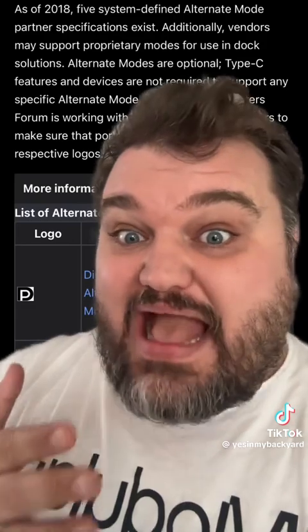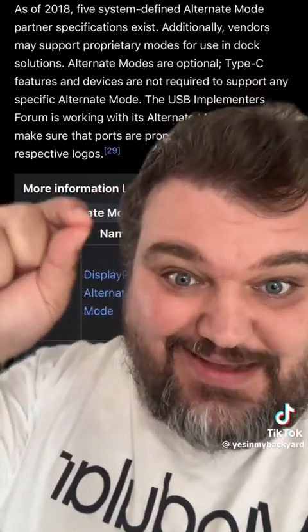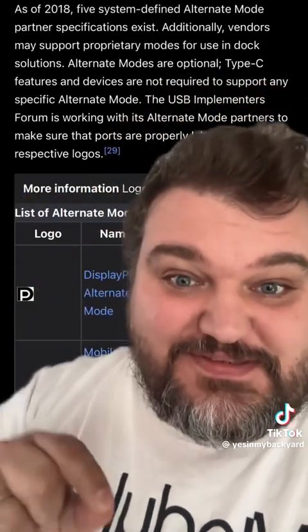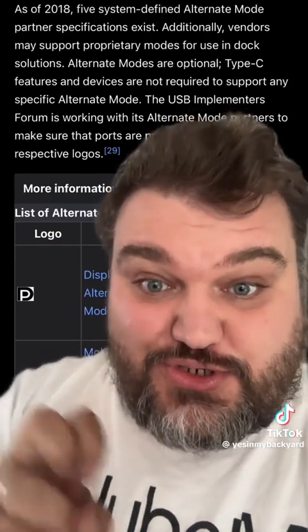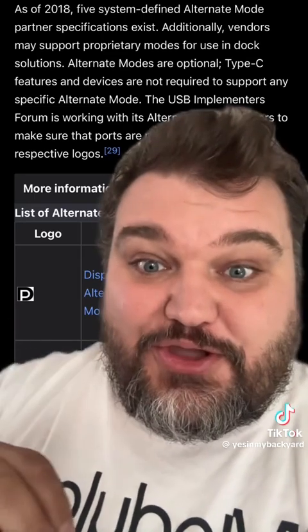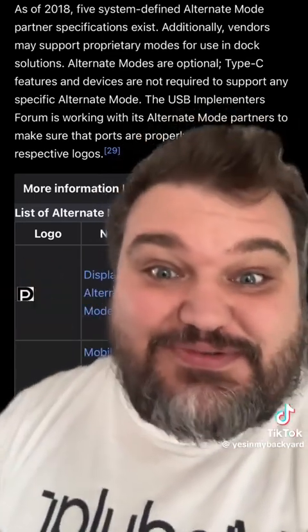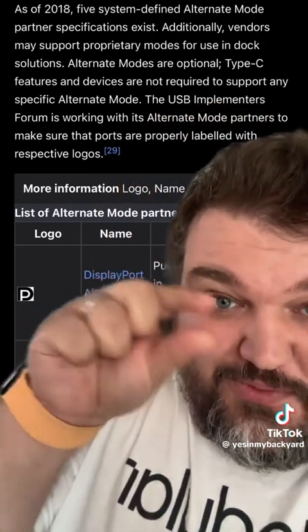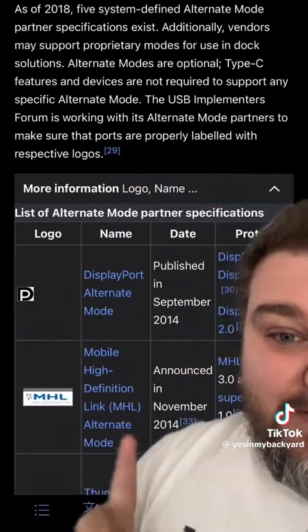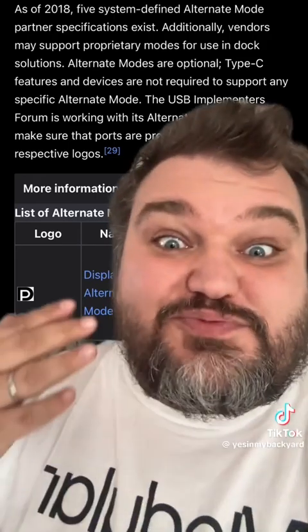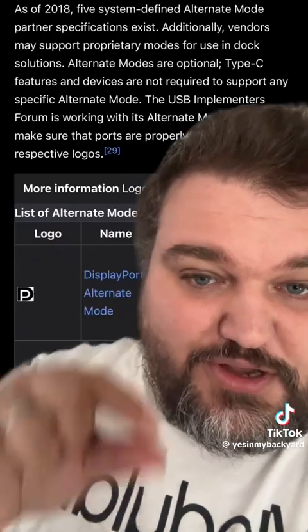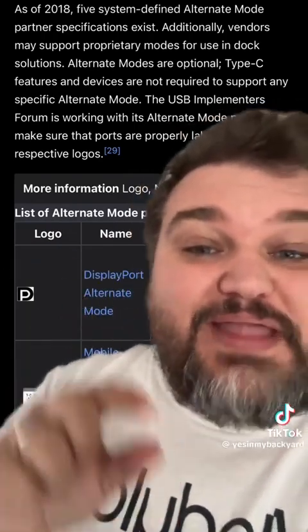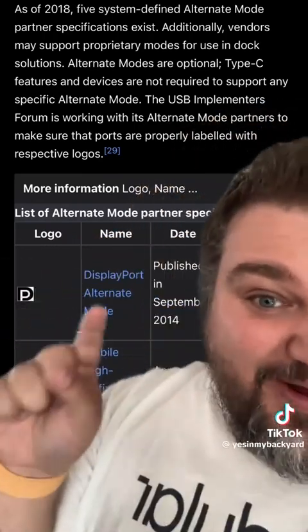So I was saying back when we had the 30-pin connector, we had separate pins for doing different types of signals? Well, one of the cool things in USB-C is that it has this thing called alternative mode, where after you connect, it can negotiate, and then it completely switches to a different protocol from USB. And you can do things like DisplayPort. You remember when we had physical DisplayPort cables? It also supports the MobileLink standard, which isn't important, but it also supports things like HDMI and Thunderbolt. Remember when we had the physical Thunderbolt connector? Ironically, that used a DisplayPort connector because DisplayPort had its own alternative mode.